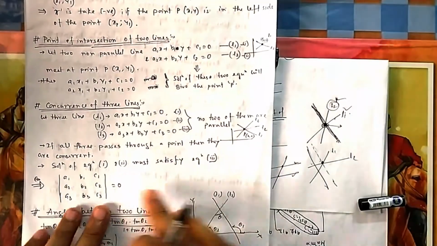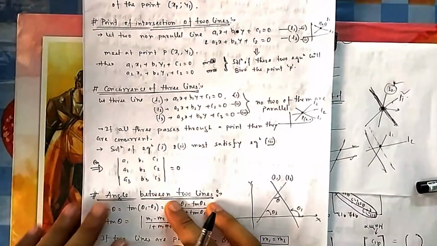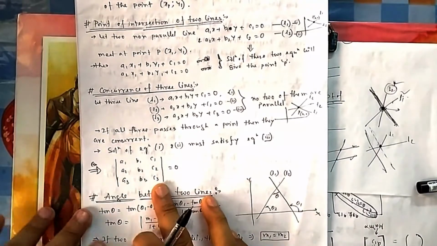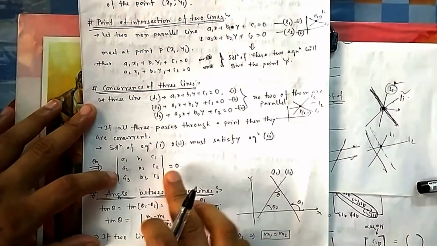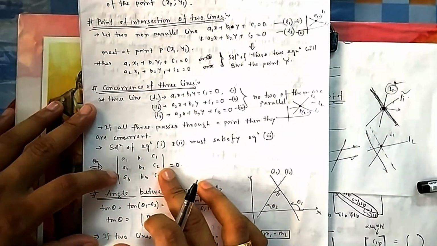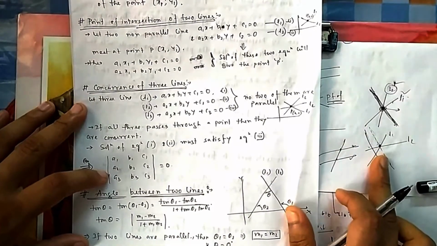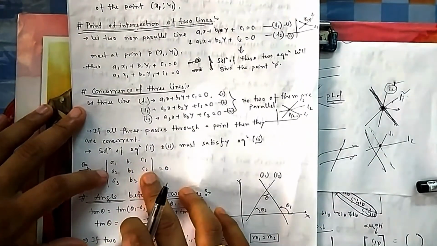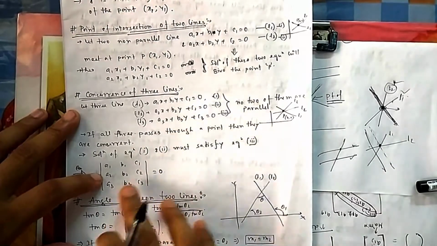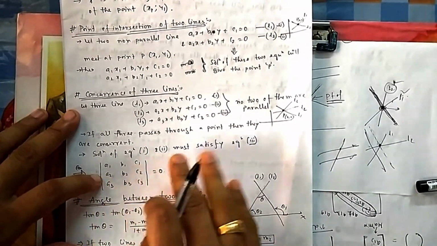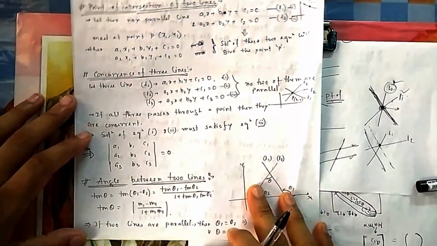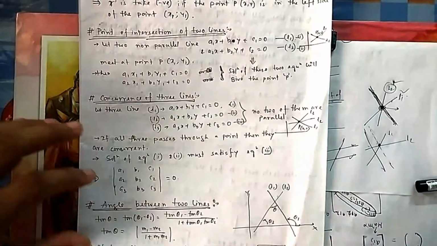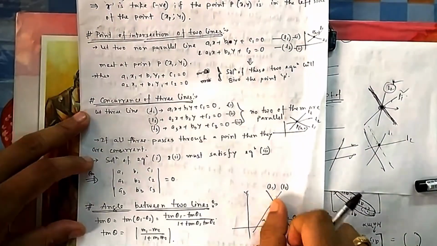There is also a theorem which you generally use. If you know determinants, then you will know it. You write it in coefficient matrix format, a1 b1 c1, and that determinant should be equal to 0. If it is equal to 0, then the three lines are concurrent. Even if you don't know this, you know where it is coming from. You solve these two, put it there, and you will find that opening the determinant gives the same answer. That's why it is written in determinant format, to remember it easily. That's it, but the idea is the same. Solve these two, put it in the third, and if it is satisfied, then it is okay.